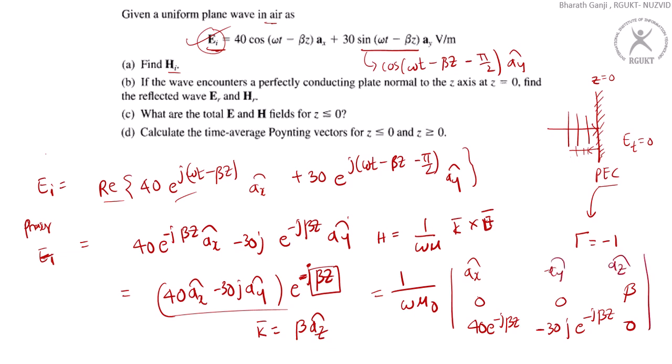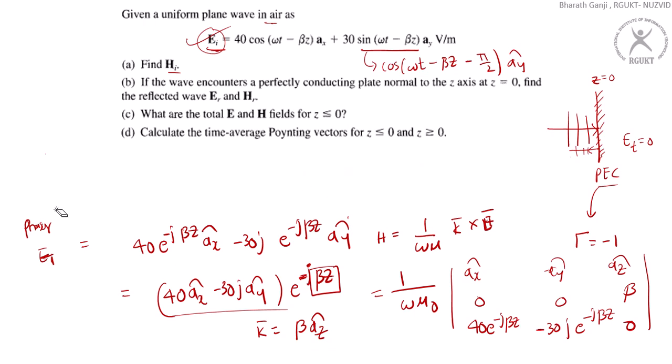So you have your cross product, and you need to do the cross product here. I can see that there is an x component, and of course there will be a y component, but there will not be any z component in the determinant when I take it. So let me write these values so that you can get an answer here. When you take the cross product, for the x component I can see that the x component